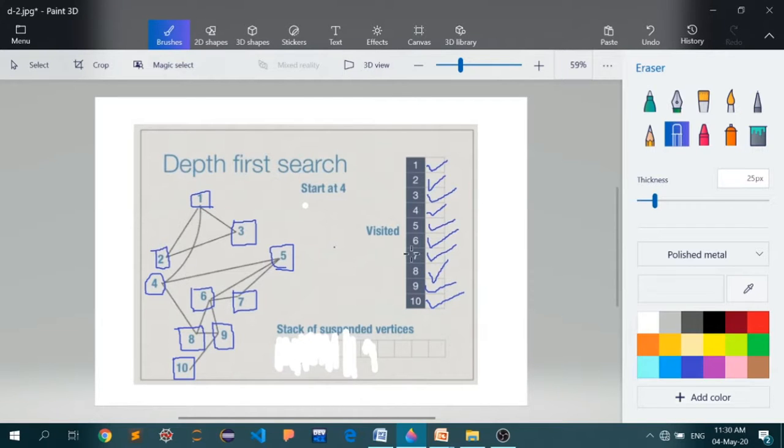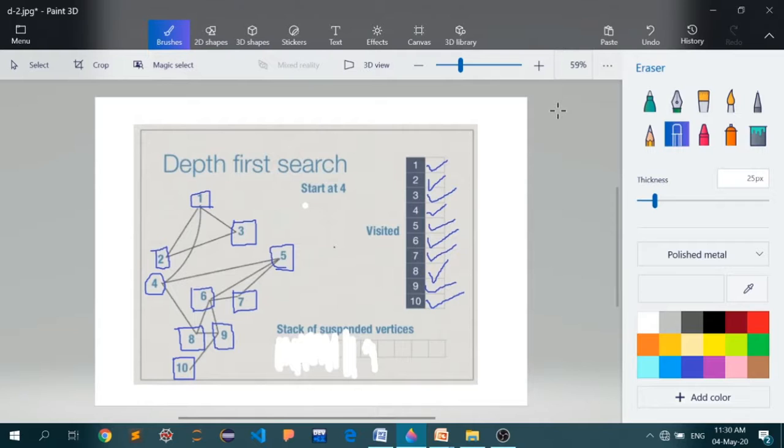And now, as you can see, the stack is empty. So the system can conclude that it has traversed through the whole data structure. And now we can conclude that we have visited each and every node or vertex of the graph. This is the strategy we will employ in depth first search.